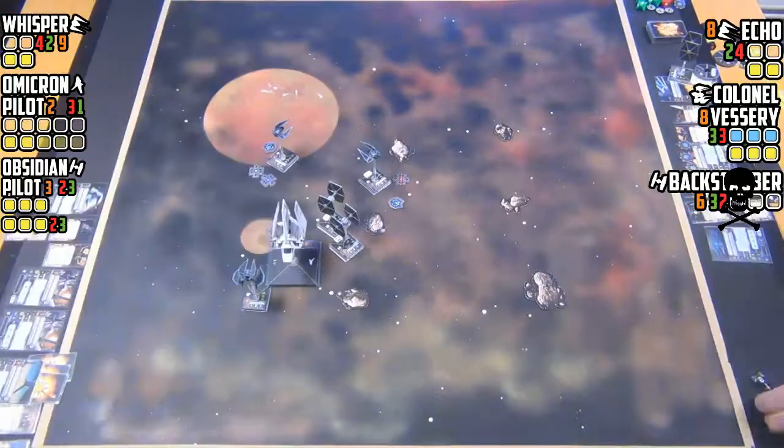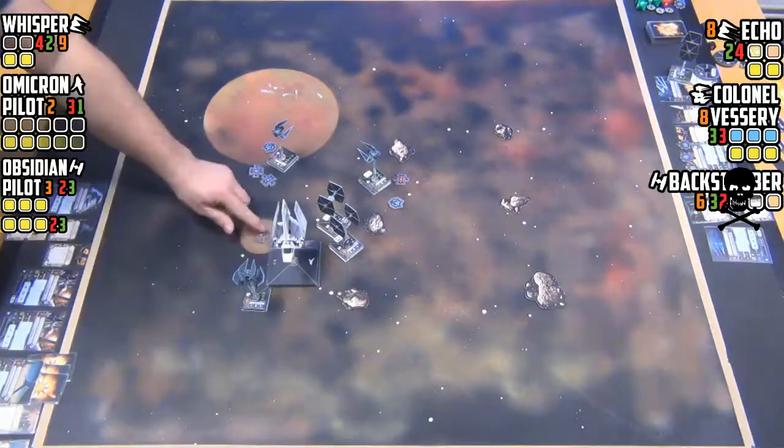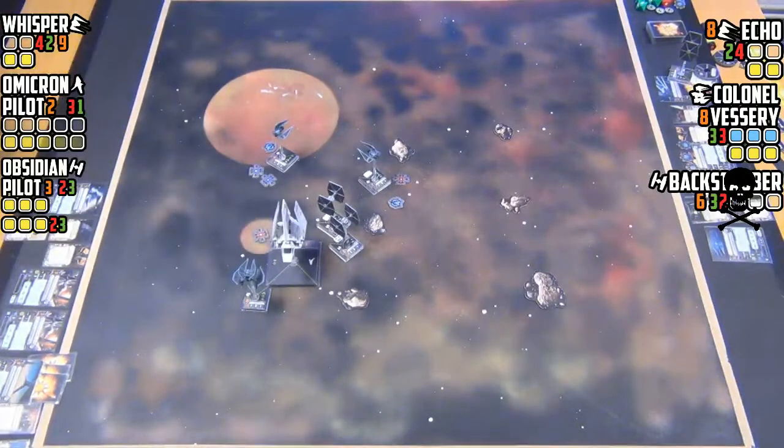End phase. All unused tokens are removed. Let's get the new round going. At this point, it could go either way. What's going to happen here? We're going to see a Lambda shot will do nothing